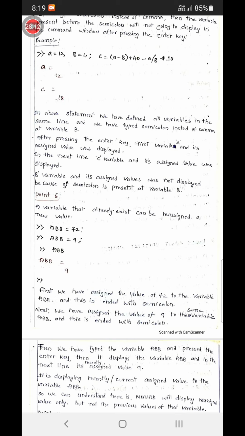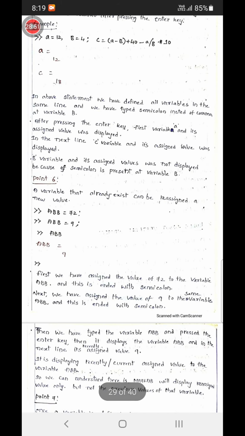To know that, just type ABB and press the enter key. It is displaying ABB assignment 9. Why? Because initially we assigned the value 72 to the variable ABB, and now 9 is assigned to the variable ABB. So the second time, the value 9 replaces the value 72. Now the new value 9 is stored in the variable ABB. So that is the point we need to understand here.